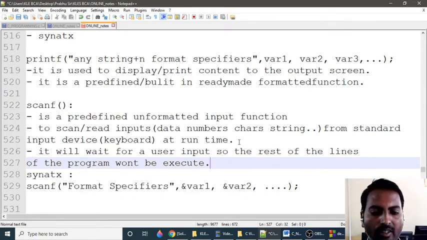If you are using a scanf statement in your program, at the time of program execution, the program will get stopped, halted or paused, because the nature of the scanf statement is that it has to read one character or n number of characters based on the number of format specifiers I am specifying in the scanf statement. My program needs to be more dynamic. This is my requirement. So I need to supply input at runtime, and the scanf statement is going to read or scan that input into the corresponding variables. So we will see in the example.